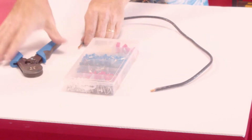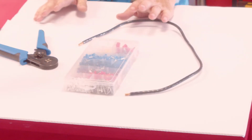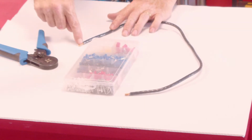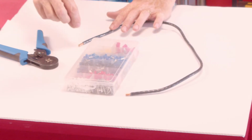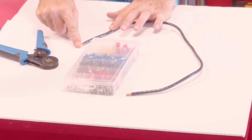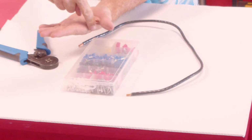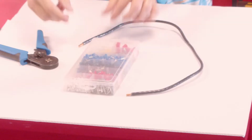Now, there's some argument back and forth on whether ferrules are ideal or whether they're not ideal. Most people agree that they are a good idea, and the reason is that when you crush down a bolt or something on top of this, and those wires spread out, a lot of the time those little strands will flake off to the side and they won't make a good connection. It does make a good connection to the ones that it crushes in its braces, but those 30% or 40% sticking off to the sides that didn't get crushed